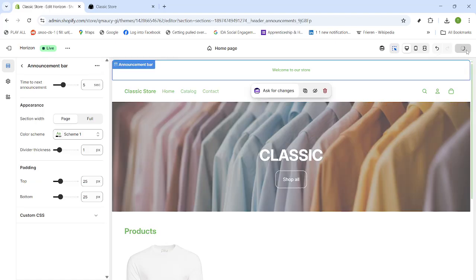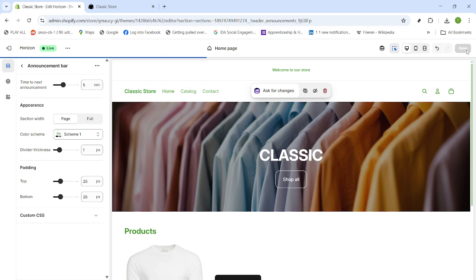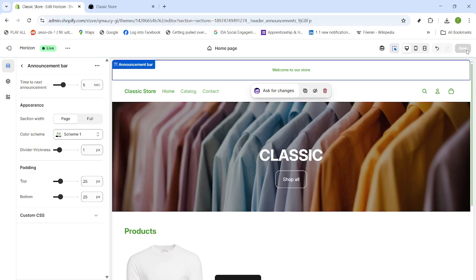When you're happy with the preview, click Save to apply your changes. A quick tip before you finish: refresh your storefront in a separate tab and test multiple pages, like product and collection templates, to make sure the new header height looks consistent everywhere. Keep accessibility in mind by ensuring your menu text remains readable and clickable, especially on mobile. That's it. Your Shopify